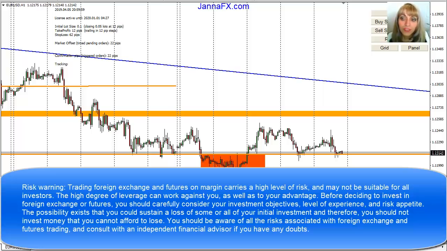Every day I'm posting screenshots with the highlighted areas where I wait for consolidation. So I want to explain a little bit how to use it, and